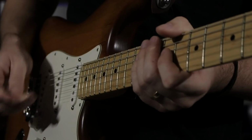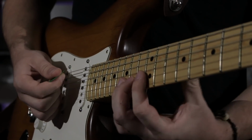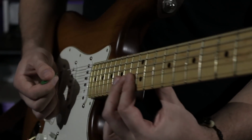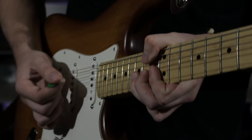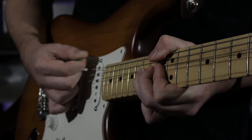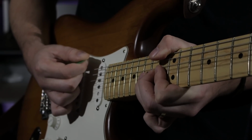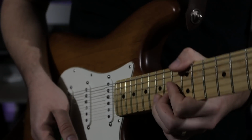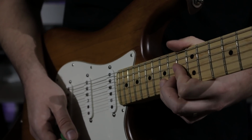Again, it all comes back to the claw grip. You're not going to be able to bend 2 whole steps above if your thumb is behind the neck like that. So you want to make sure to have this anchor, and it's going to take some finger strength. David Gilmour didn't have weak hands. You really got to throw your hand up there and get a lot of inertia happening, a lot of pivoting